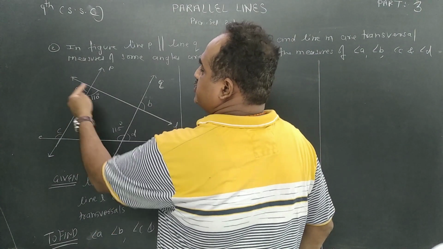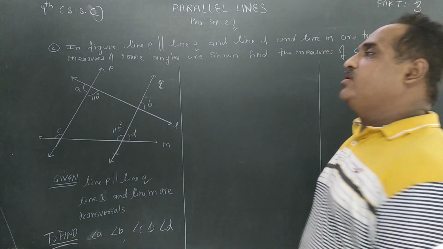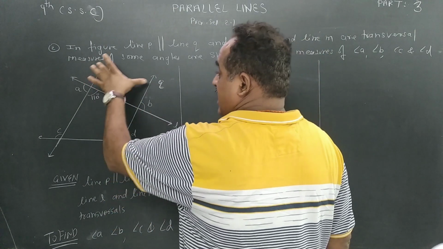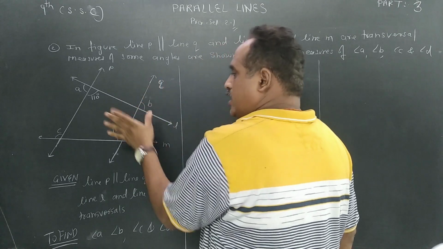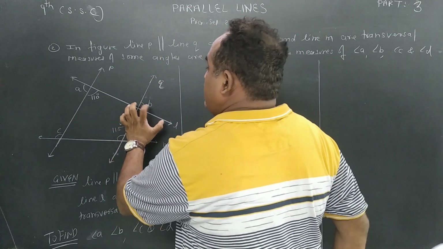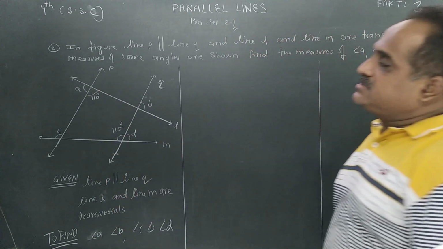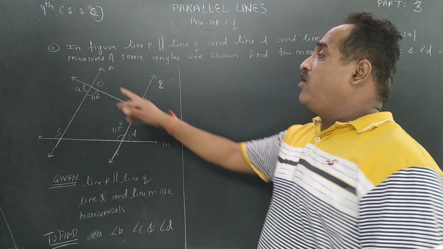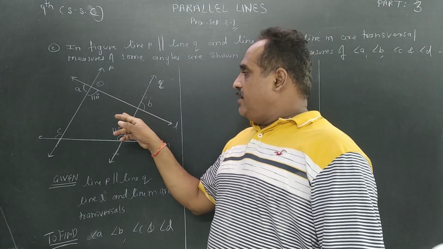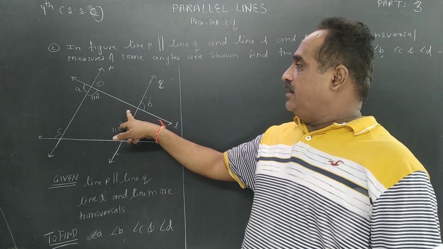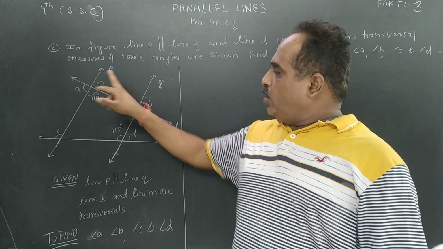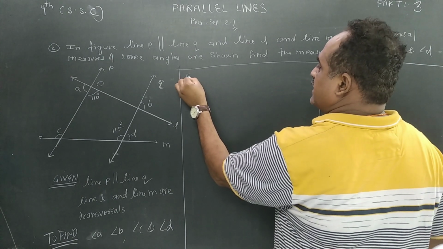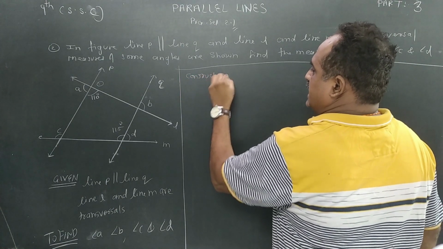See, I have to find A, and it's 110, so this is very easy because they are angles forming linear pair. But with B, there is no relation, and we have to consider only parallel lines. Don't think with these two, because these are not parallel. So for B it depends only on this. But if I had this angle, that would be better, because then it would be a corresponding angle. So that is the reason you should take this angle. Either take this angle or this angle. We take that as a construction, because you need to remember how we do it. When we take something, we put it as construction.